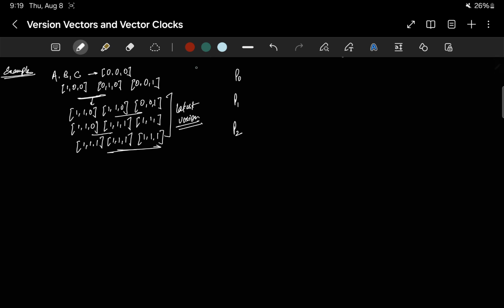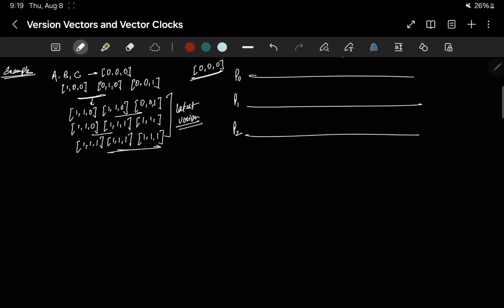Everyone will have initially 0 0 0, right? So let's say this is the timeline of each. What happens is there is an A. Okay, this A has 1 0 0. So something happened at point A. Okay, and P0 did something, so it incremented its count. So basically we will follow this one here. So if something happens, like some event,